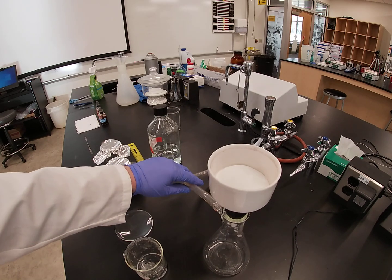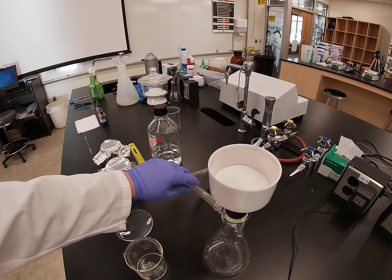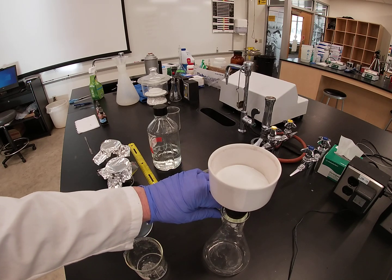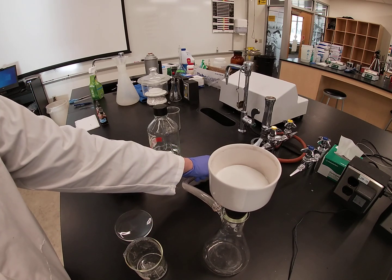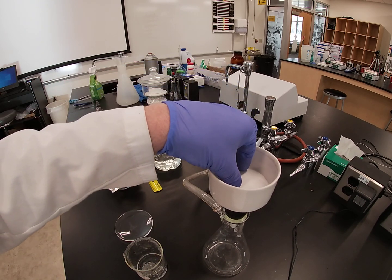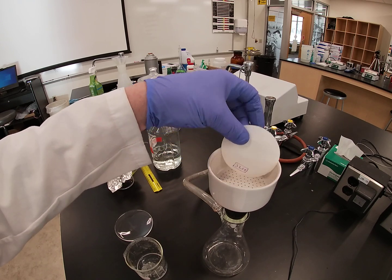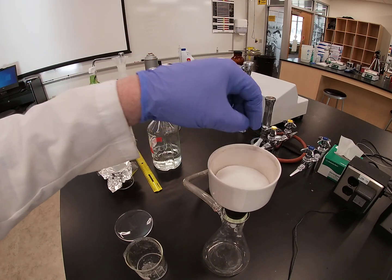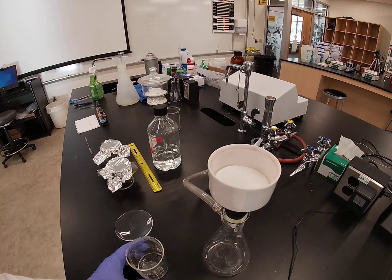So I have set up before you a vacuum filtration system. This is a Buchner funnel, this is a side arm Erlenmeyer flask, and we're hooked with a hose to a vacuum, which makes our filtering go much quicker. Inside our Buchner funnel is a pre-weighed piece of filter paper. We are going to filter our solution,